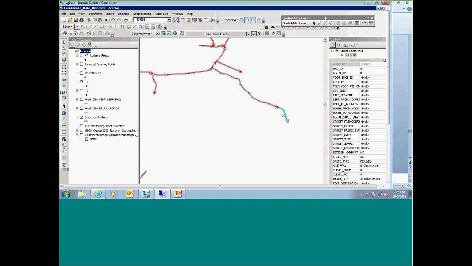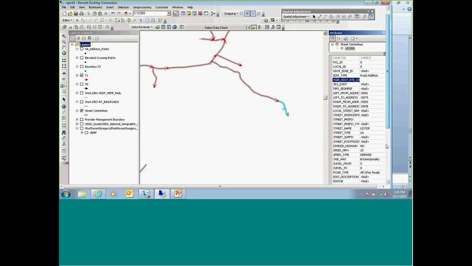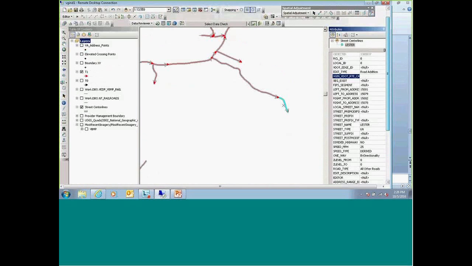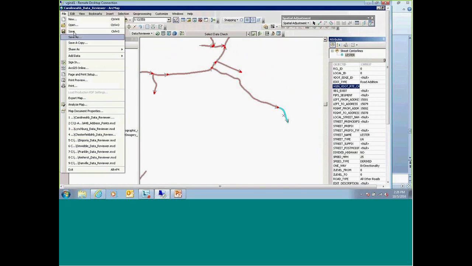You can just have this highlighted, and then you can transfer the data, and it will populate all the fields that need to be populated. The only thing that isn't populated is the FIPS code, and usually I will put that in manually. Usually that only happens if you're adding a new road. Also, we have domains set up so we can just click and say that was a road addition. Also, it will tell us the date that this was edited.